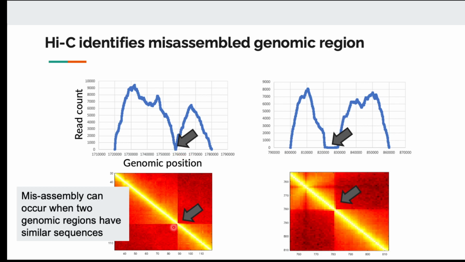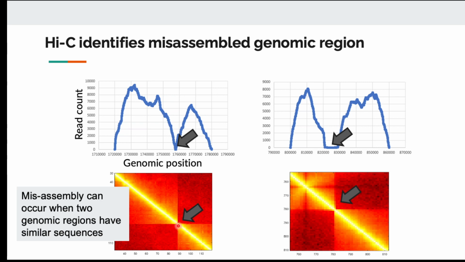So in this case, doing genome assembly, we thought that this is one chromosome, but in fact we are merging two different chromosomes together, which might share some repeat sequence or some similar sequence in the middle. But once we visualize the data based on chromatin conformation, we found that there is this